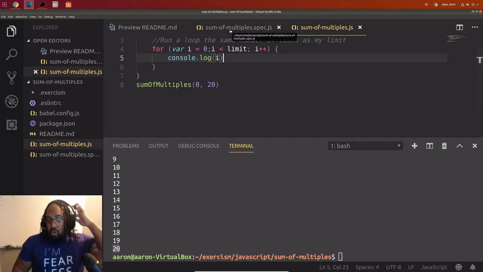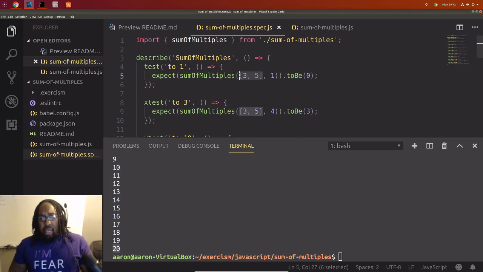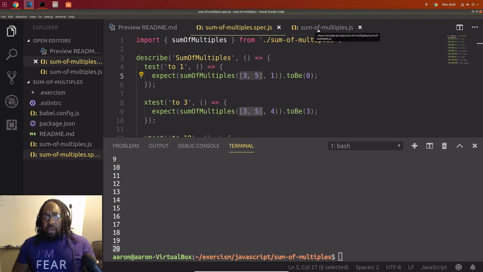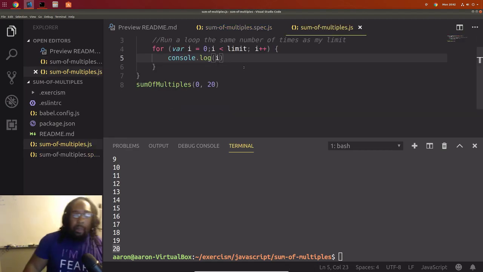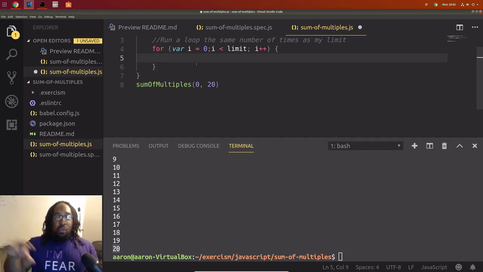So what is the goal here again? The goal is to take in this, and up to that number, we need to run some other logic. We basically want to check what numbers are multiples of what else we passed in. This is very, very interesting. How are we going to do this? So I'm going to nest another for loop. I'm going to take away this console.log. I know that we're iterating over all the numbers here, but we also want to run some comparisons here.